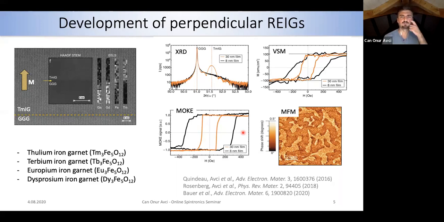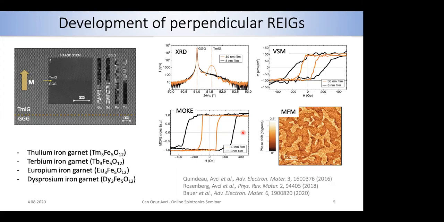But I know that if you make it very thick, you can also observe bubbles, and then the domain sizes could get pretty large. But we know that it's not in the order of hundreds of nanometers, because we were able to observe magnetic bubbles in this material, though in a very thick form, like 25 or 30 nanometers, and these bubbles were on the order of 400 to 500 nanometers. So I expect that the domain wall width should be in the order of tens of nanometers, if not smaller.